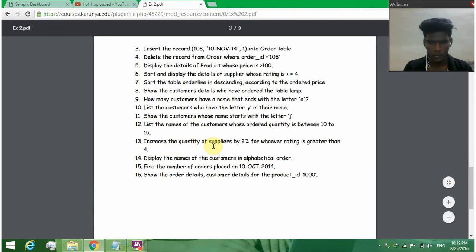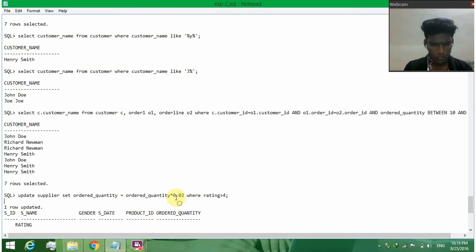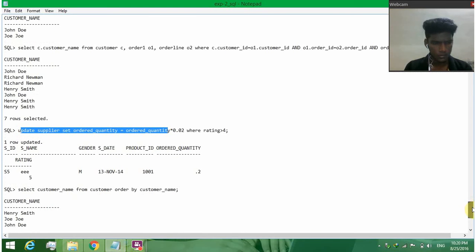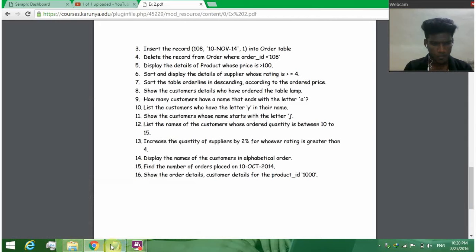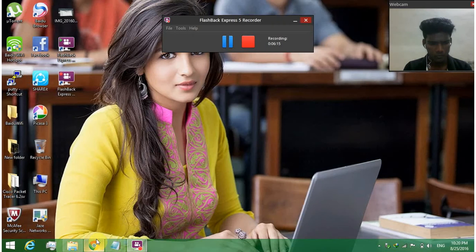Increase the quantity supplied by 2% wherever the rating is greater than 4. This is the query for my question, and my output is as follows. Display the names of the customers in alphabetical order.